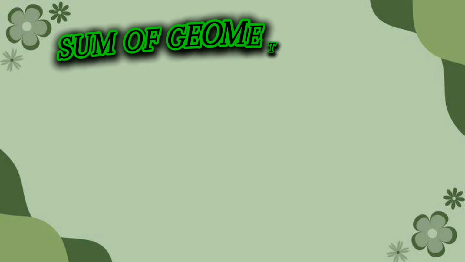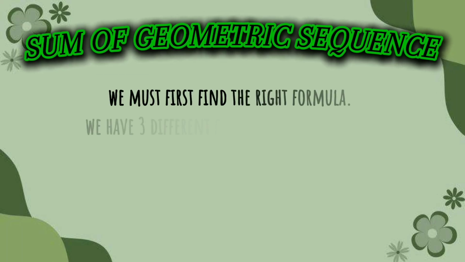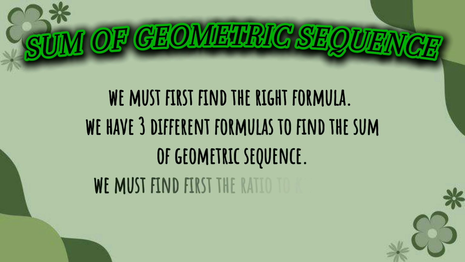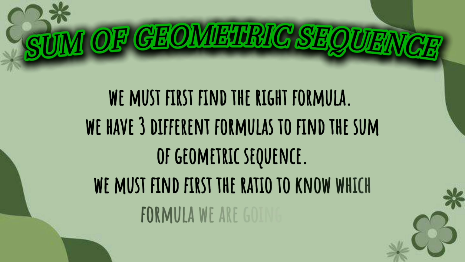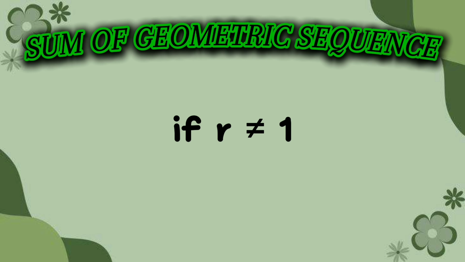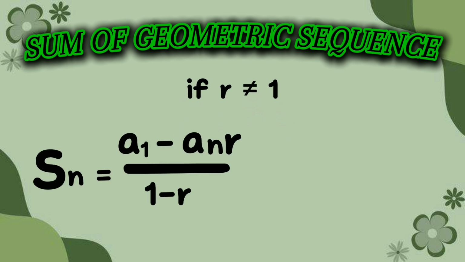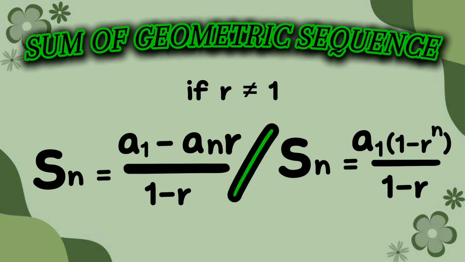To find the sum of a geometric sequence, we must first find the right formula. We have three different formulas to find the sum of a geometric sequence. We must first find the ratio to know which formula we are going to use. If the ratio is not equal to 1, we are going to use this formula: S sub n is equal to a sub 1 minus a sub n times ratio over 1 minus ratio, or S sub n is equal to a sub 1 times 1 minus ratio raised to the number of terms over